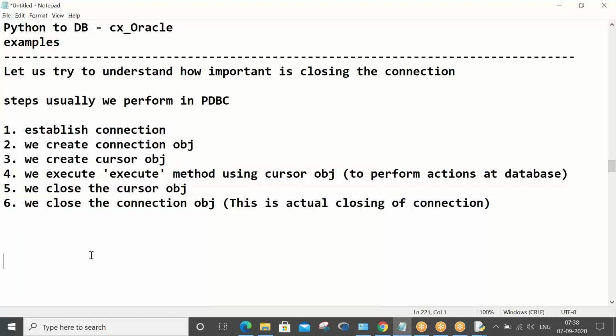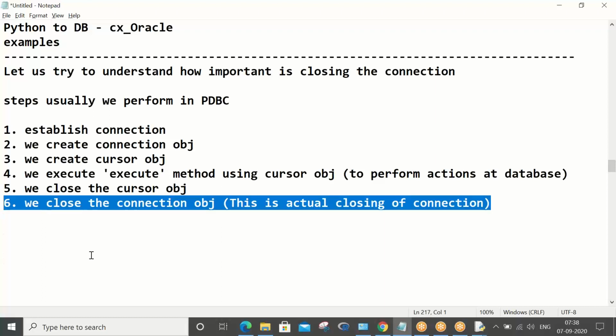So what happens if I don't close my connection object properly? Is it really important to close the connection object properly? Let's try to understand. It is like you have opened a notebook and taken a pen, you have written some 3 or 4 lines in your notebook, you have kept your pen aside, but you have not closed the book. Imagine a kid is there in your home, your niece or nephew.